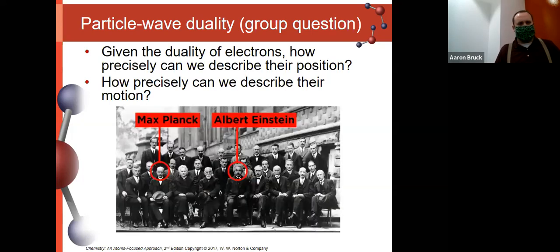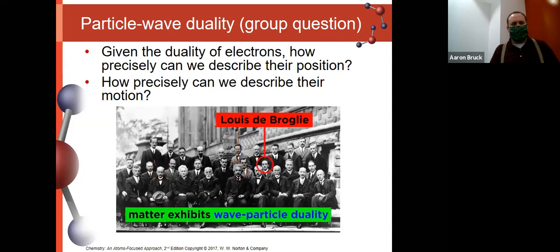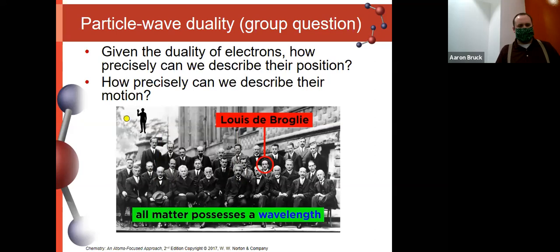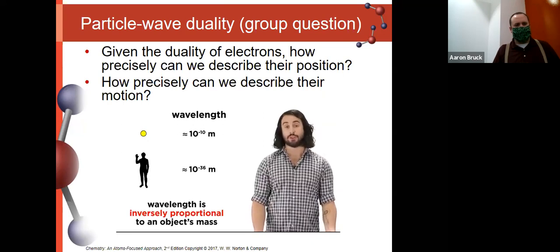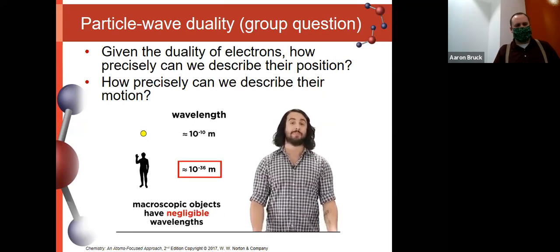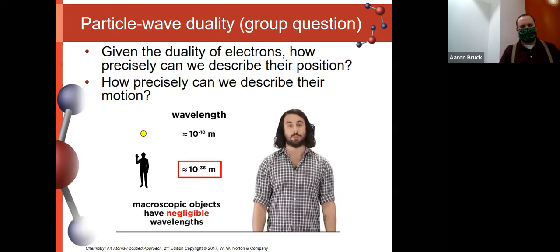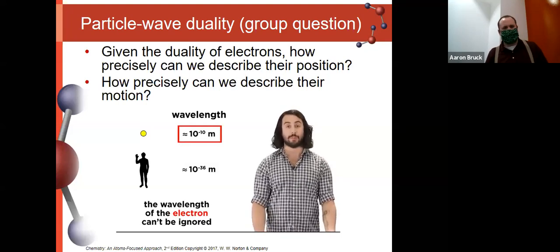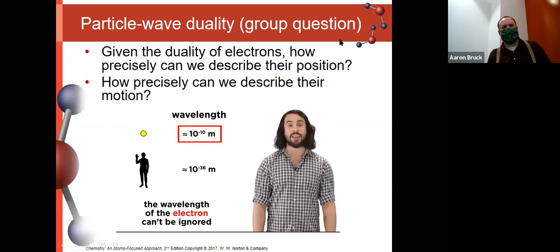Through the work of Planck and Einstein, we were forced to accept that energy is quantized and that light exhibits wave-particle duality. Then de Broglie extended this duality to include matter as well, meaning that all matter has a wavelength, from a tiny electron to your whole body to a massive star. However, an object's wavelength is inversely proportional to its mass. So objects bigger than a molecule have a wavelength that is so tiny that it is completely negligible. But an electron is incredibly small, so small that its wavelength is indeed relevant, being around the size of